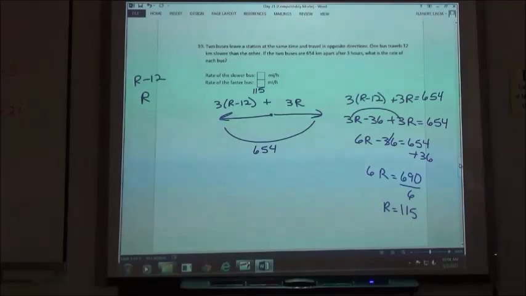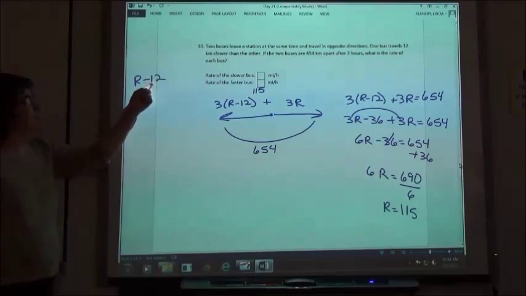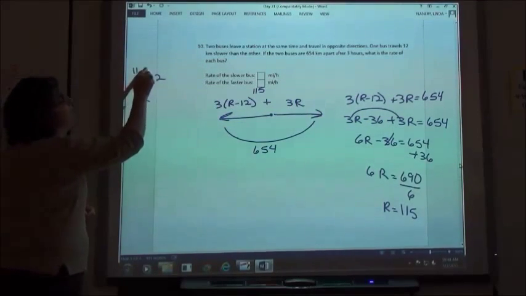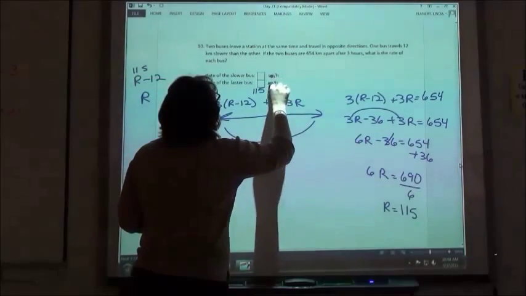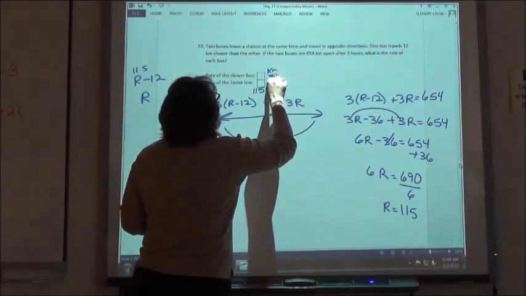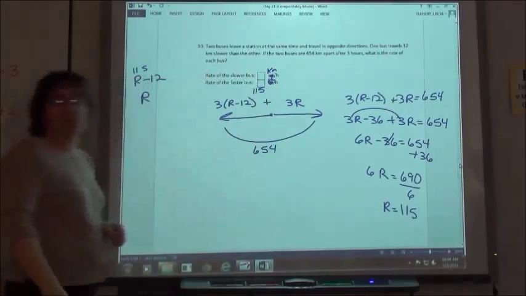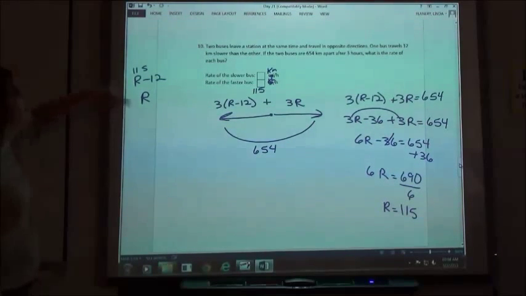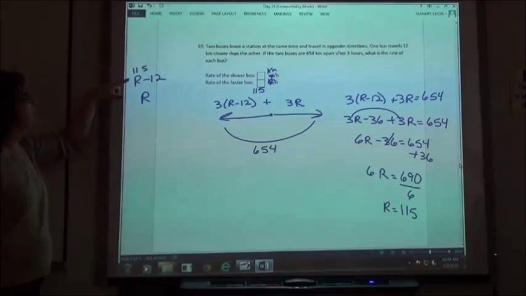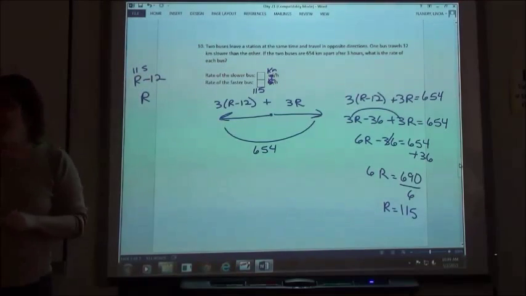The rate of the slower bus then, I'm going to subtract 12 from that. Oh, that's supposed to be kilometers per hour. That's why it looks really fast. I was going to say, if he's going 115 miles an hour, that's really fast. But kilometers per hour would make more sense. It said kilometers up there. r minus 12, so 115 minus 12 would be